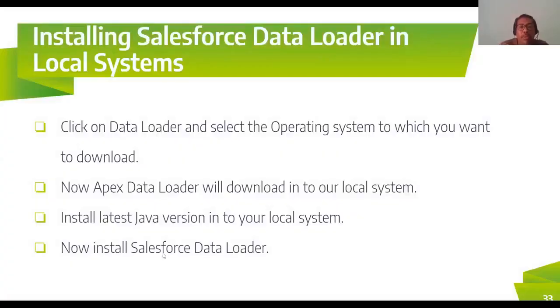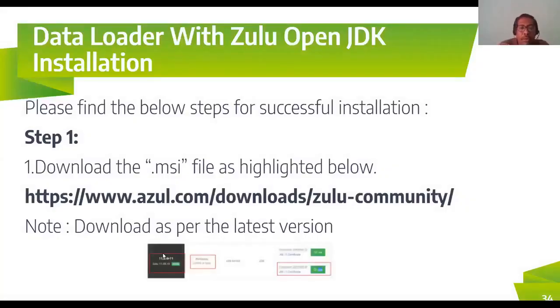So now let me show one by one how to install, right? Installing the Salesforce Data Loader on the local system. Click on Data Loader and select the operating system for which you want to download. Now the Apex Data Loader will download to our local system. Install the latest Java version on your local system. Now install the Salesforce Data Loader, right? That's how we are going to do it. Now we'll see it one by one. First step: in order to install, first you have to download, right? You have to go to the...